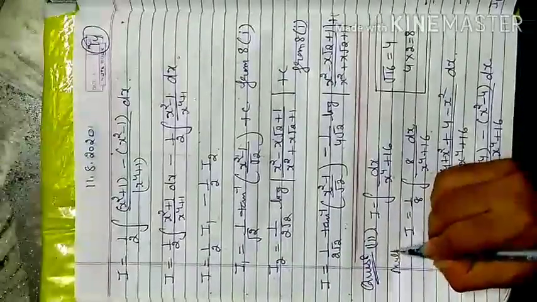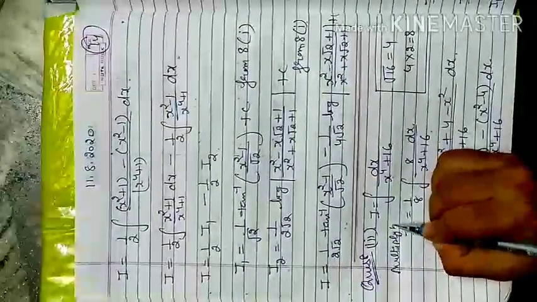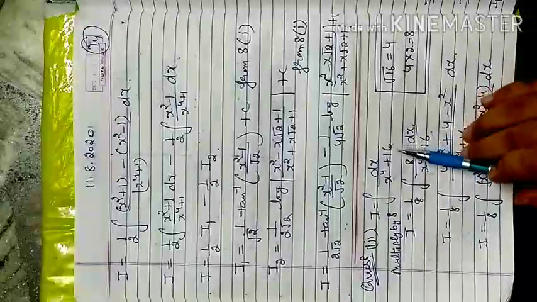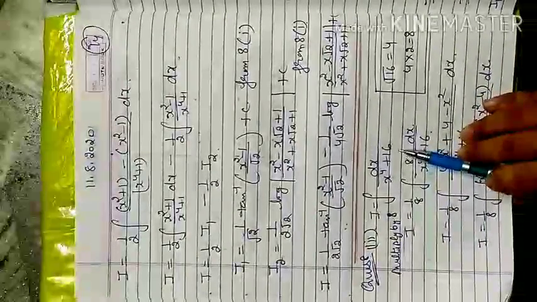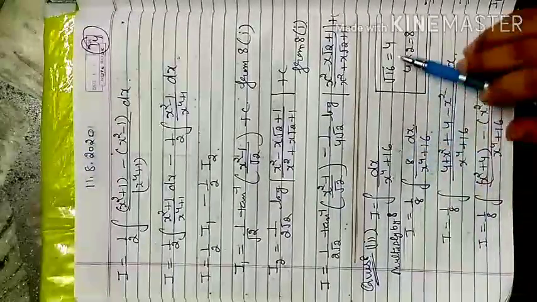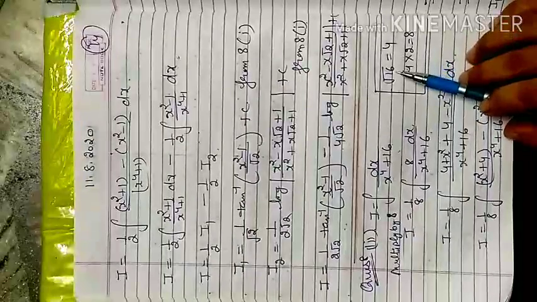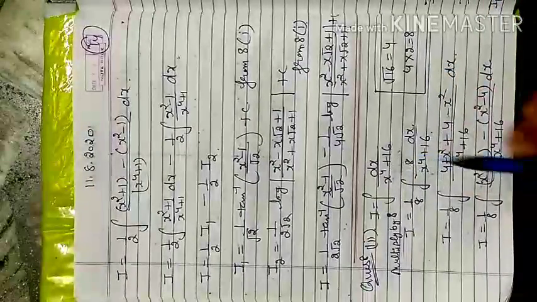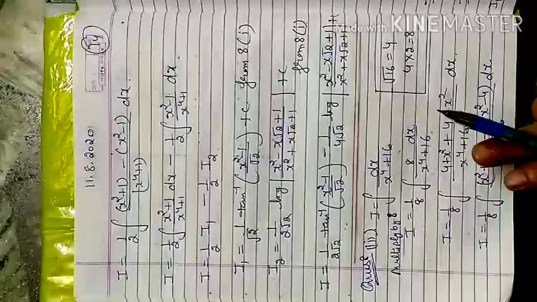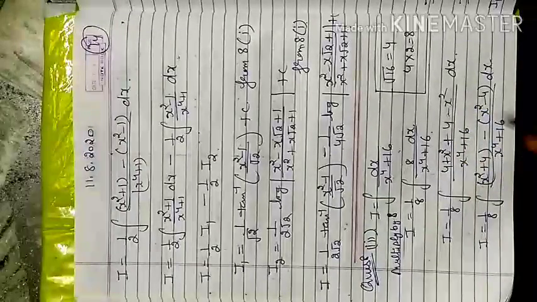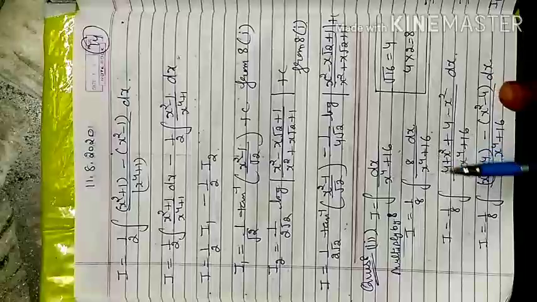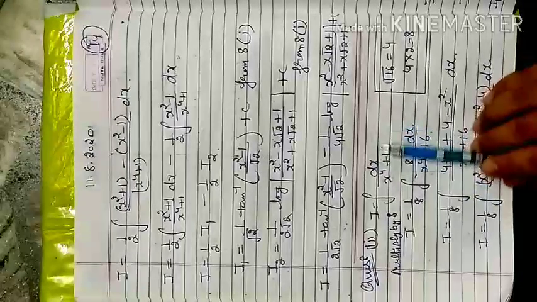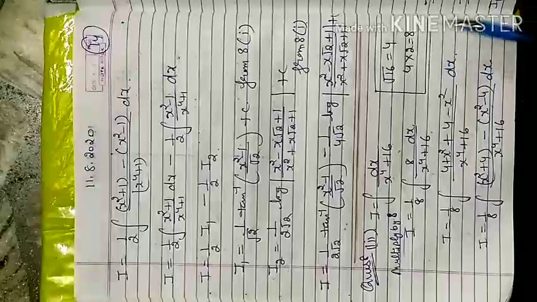Now you have to multiply by 8. Why do I multiply by 8? The reason is that whatever constant term is written in the denominator, you have to check the square root of that. Square root of 16 is 4. That means I need 4 at 2 places in the topmost numerator position. If I need 4 in the 2 places, that means 4 plus 4, because I need 2 times 4. So 4 into 2 is equal to 8.